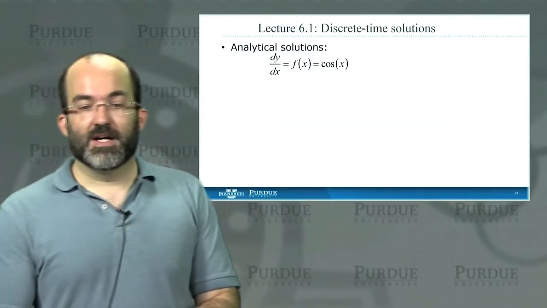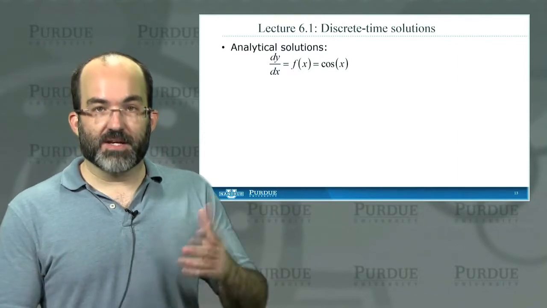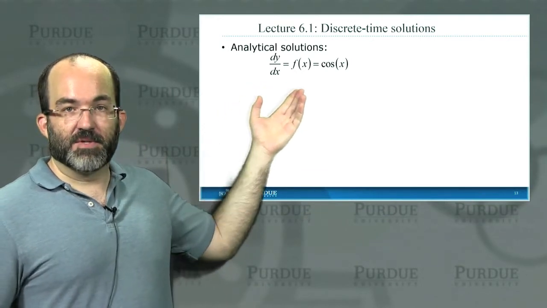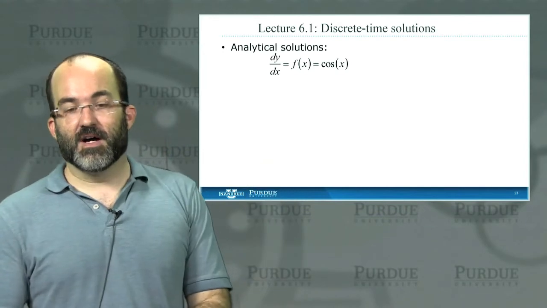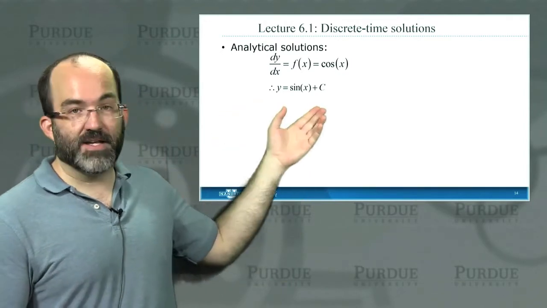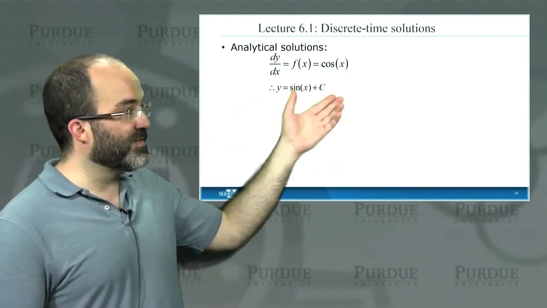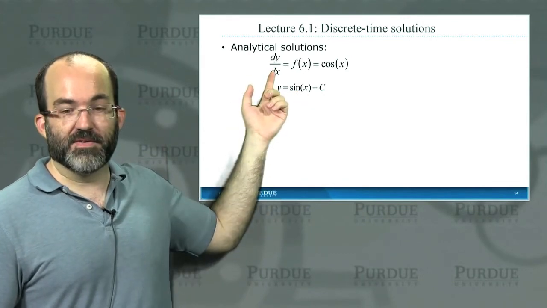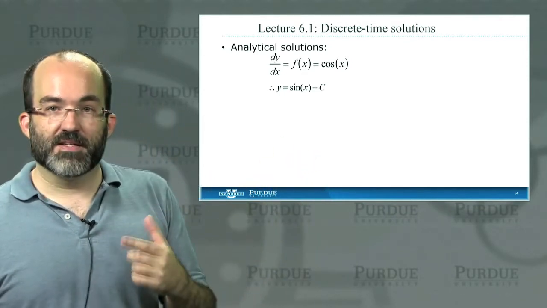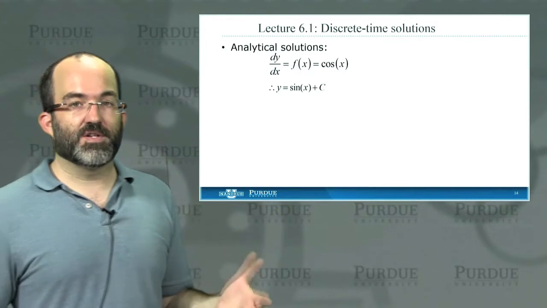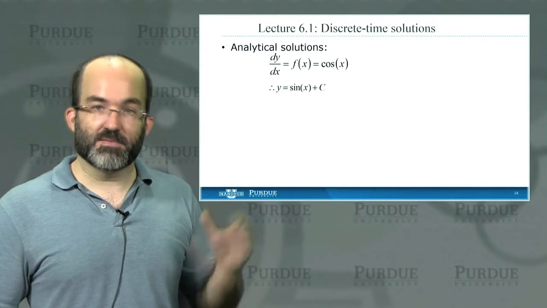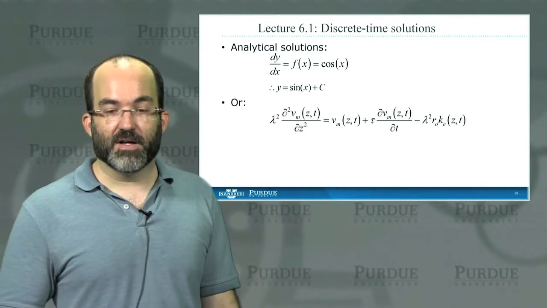So diving in, we have our equation, and we know, for example, that you've got, in this case, the derivative of y with respect to x, which is a simple example, is a function of x, and let's say it's a cosine of x. So what is y? We can solve y analytically and say y is the sine of x plus some constant c. So if you were to take the derivative of sine x plus c, you would get back to the derivative of y with respect to x is equal to cosine x. Fine. That's an analytical solution. What it means is that for any value of x, you have a corresponding value of y. Any value, an infinite number of values with any amount of precision that you care to put into the system, you're always going to get an exact corresponding value of y.